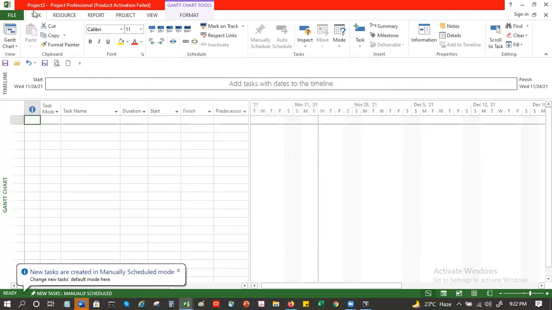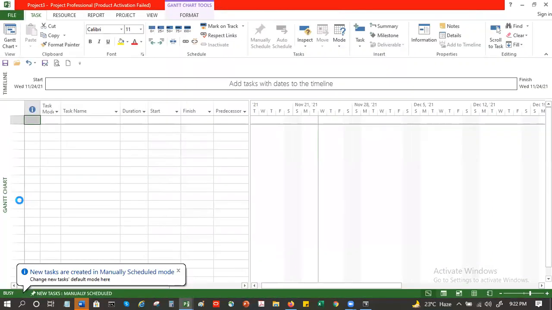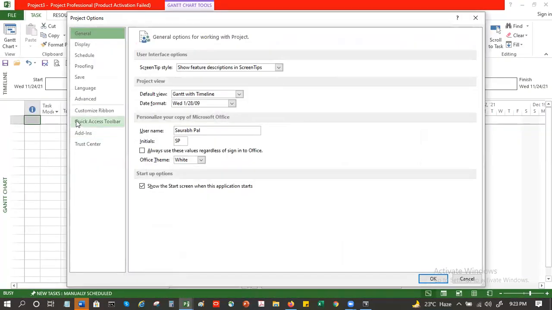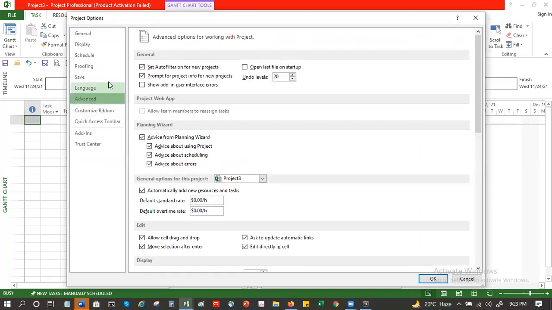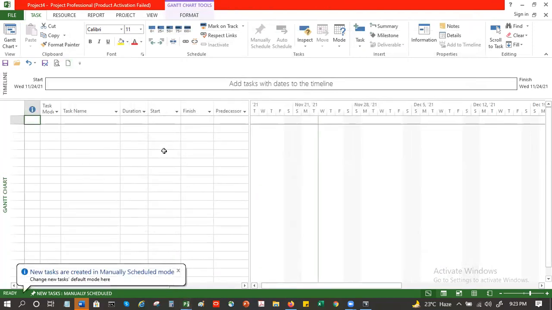For example, if I go to File, Options, Advanced, and I click on this prompt for project info and I say okay. So what's going to happen is when I click on this new, see a new page will open up. That screen will not come.